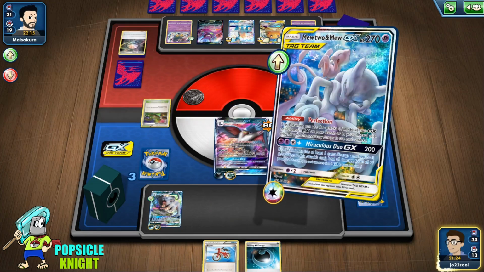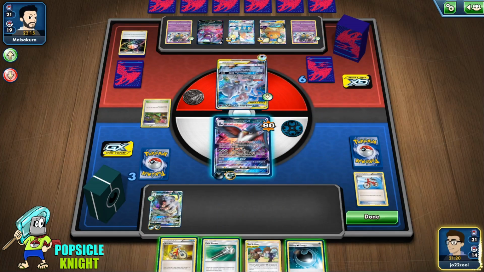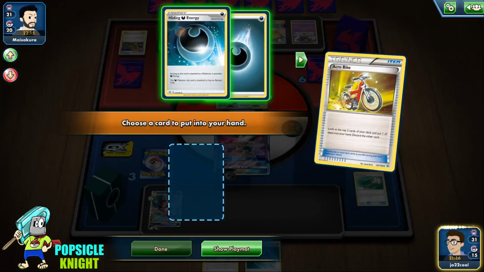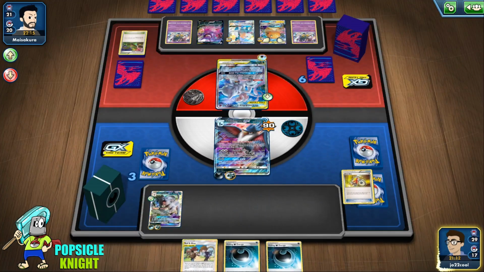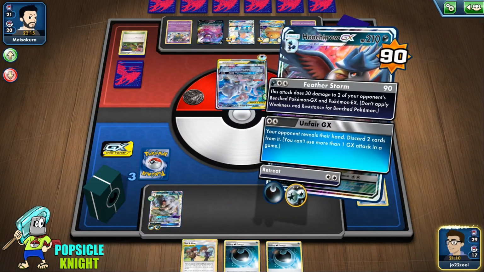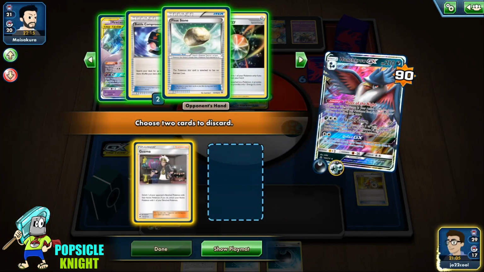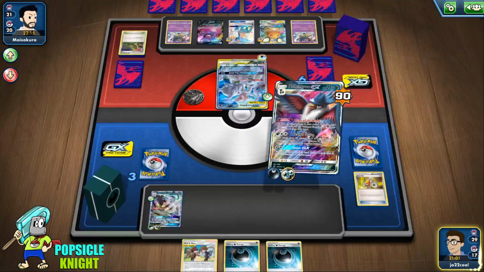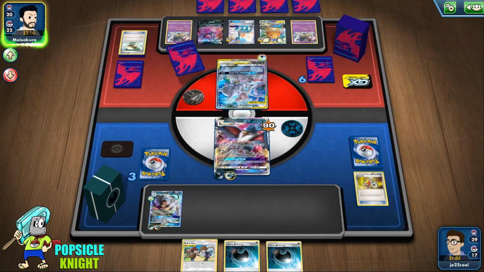Sweet. So let's get rid of this one. Maybe with Honchkrow in the active and with the Field Blower to blow away that stadium. They can't play any stadium or any special energies, so they might not be able to attack. I'm gonna use unfair GX, get rid of that Guzma and this Float Stone. So now they can't retreat, and they don't have any way to get this Pokemon